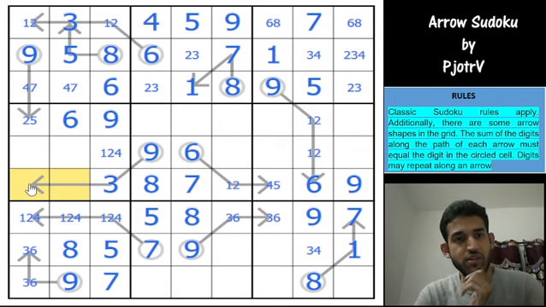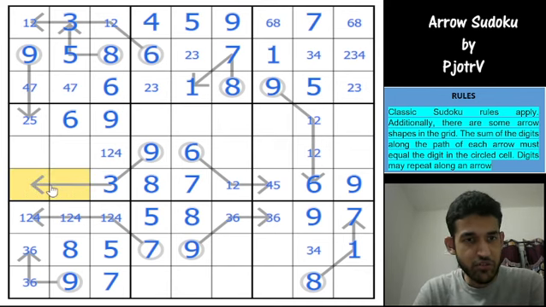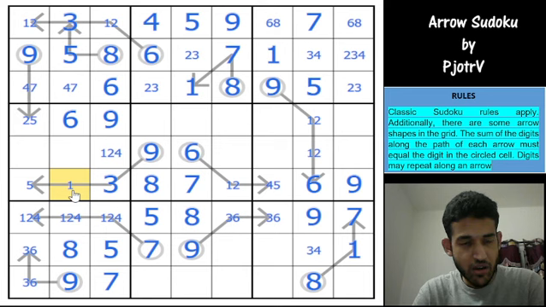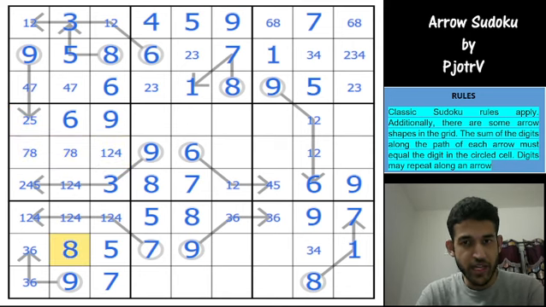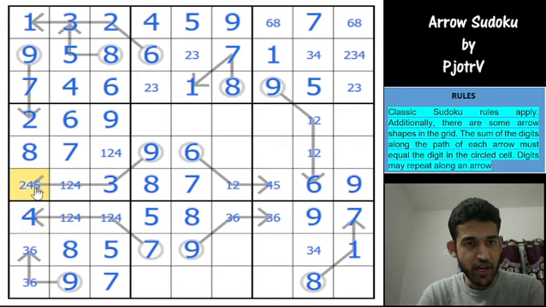Okay, you look at these cells, they add up to 6, so that it's either 5 plus 1 or 2 plus 4, right? And now we have a quad here, 1 2 4 5 quad, so which means that these two cells must be 7 8. Because of this 8, you get an 8 here and a 7 here, you get a 7 here and a 4 here, that becomes a 2 now, which means that this is a 1, that is a 2, you have 1 2 here, so that's a 4, that has to be a 5, which means this is 1, because these add up to 6, so that's a 1,